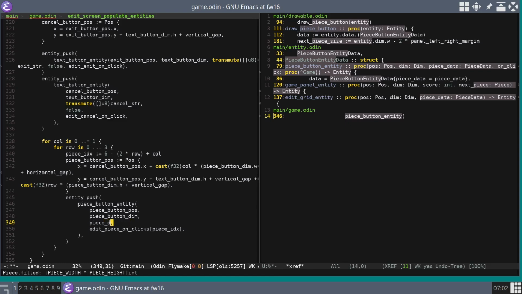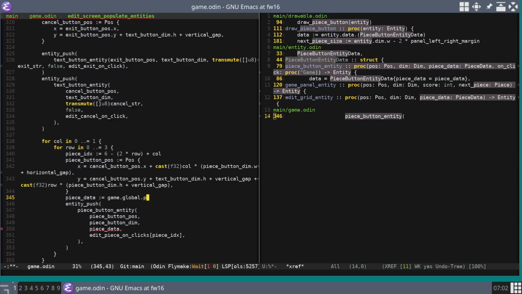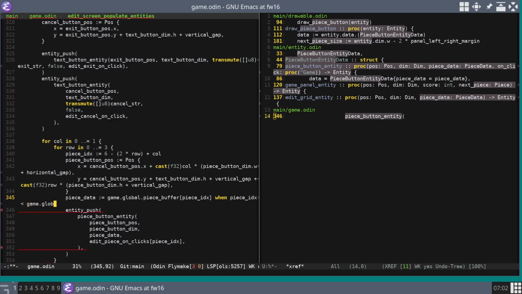I'm going to pull out a piece data. Say here that piece data is equal to what? Game global piece buffer at piece index when piece index is less than game global piece count, else